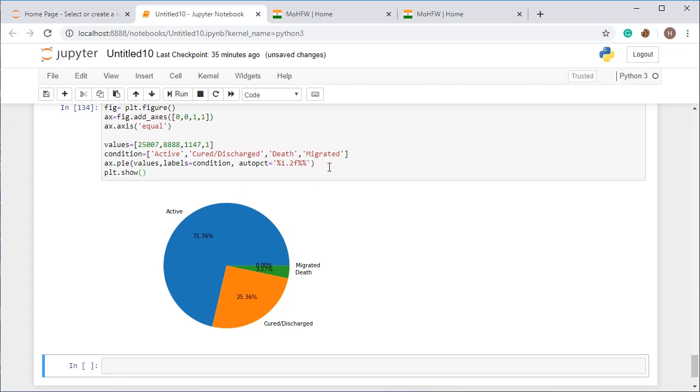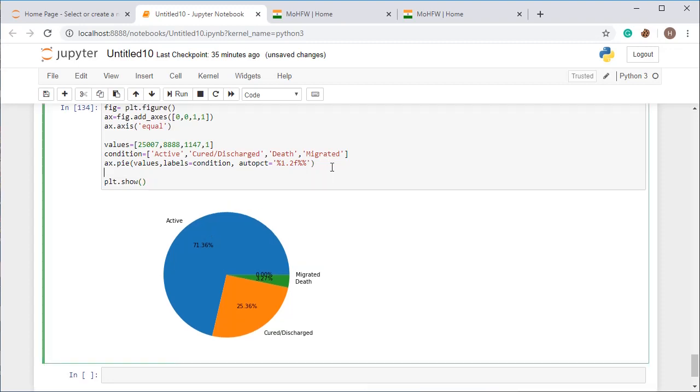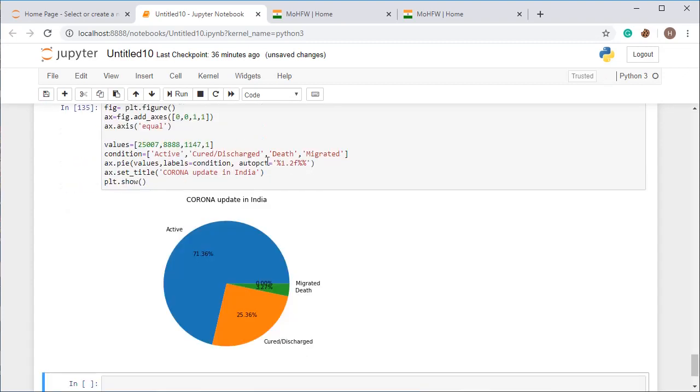You can also add the title, so you can use ax.set_title, Corona update in India. So you are going to get it like this. All right. So in this way you can create the graph.